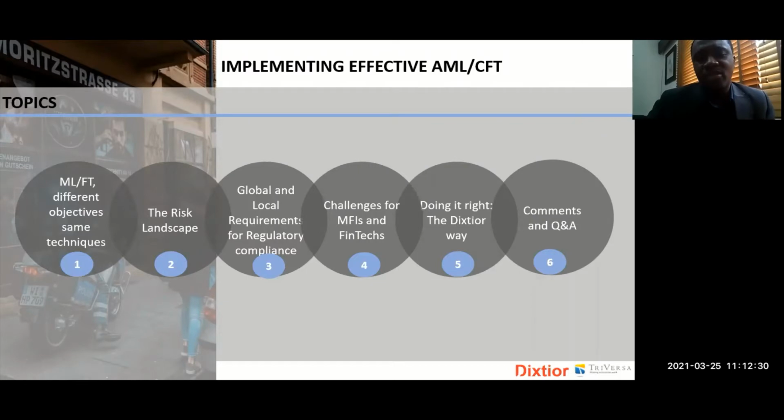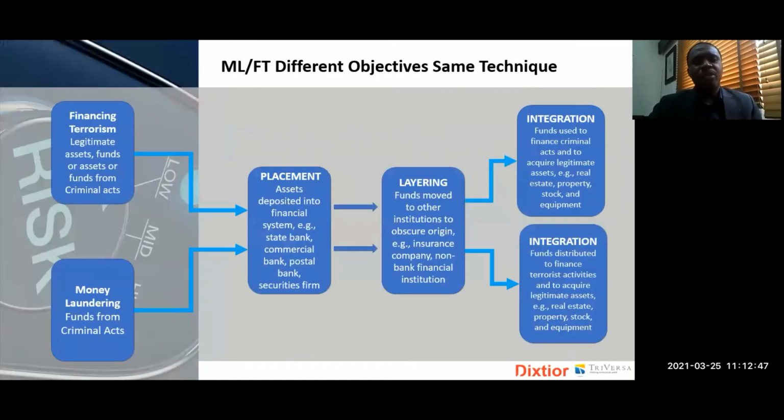even though they seem to be two different things. What's the risk landscape like? And what are the global and local requirements for regulatory compliance? We'll pay more attention to the challenges for MFIs and fintechs, and then we'll also talk about doing it the Dixtior way. Financing terrorism and money laundering are actually two different things, but they apply